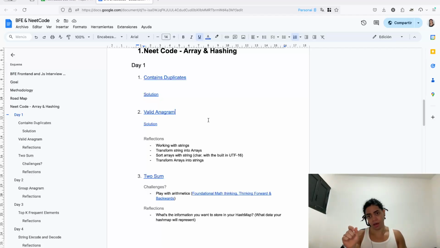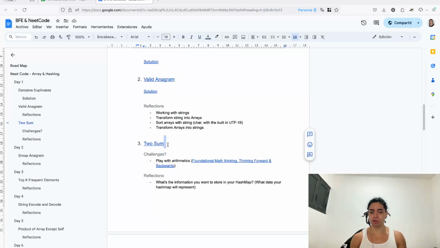Sorted, so transform them into an array, sorted, and then give it back as a string. And then we're going to compare that. So the two sum is a way of how we can now start to work with representations, which is